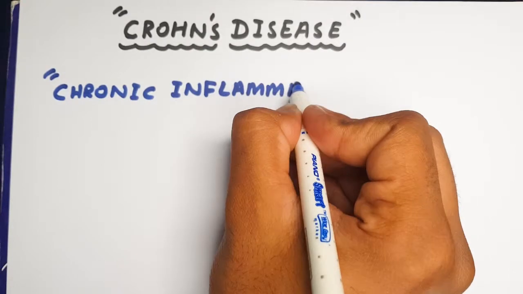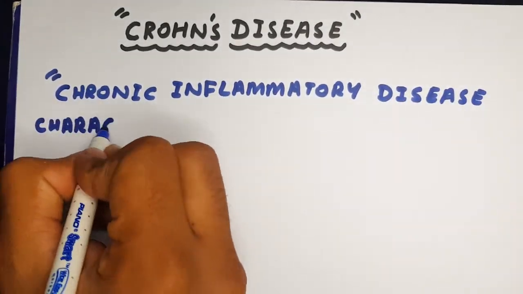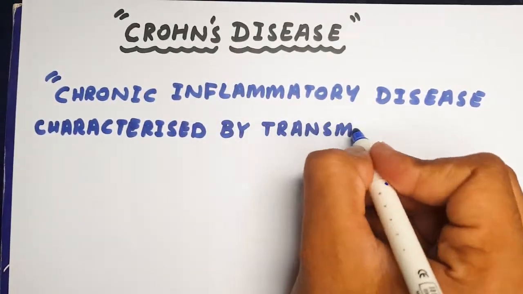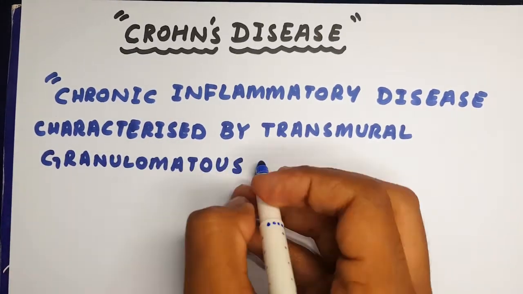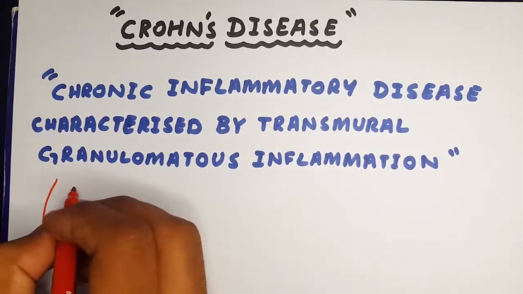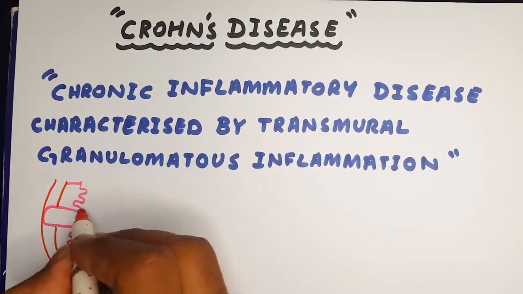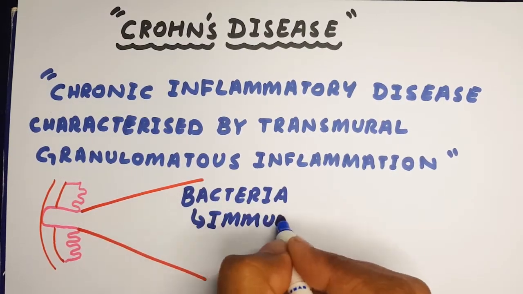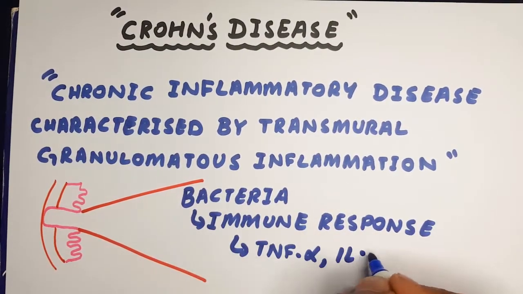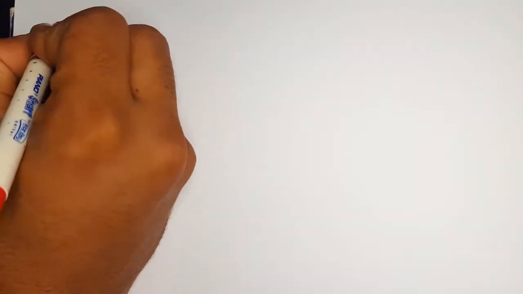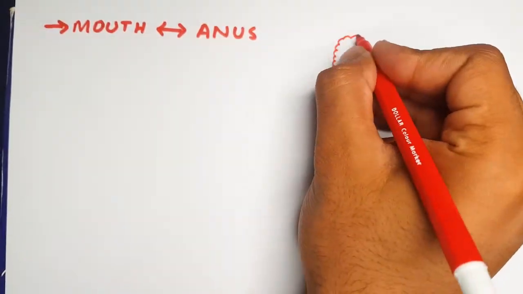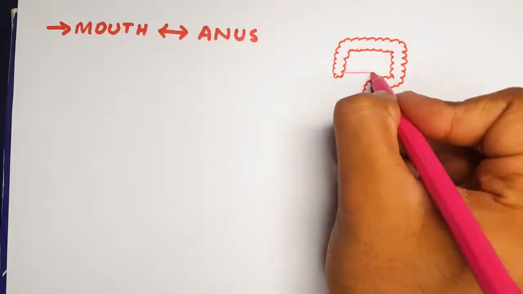Crohn's disease is a chronic inflammatory disease characterized by transmural granulomatous inflammation, which occurs as an inappropriate immune response to abnormal gut bacteria in a genetically susceptible person, which releases inflammatory mediators which cause tissue damage. One important thing to remember is that it can involve any part of the gastrointestinal tract from the mouth to